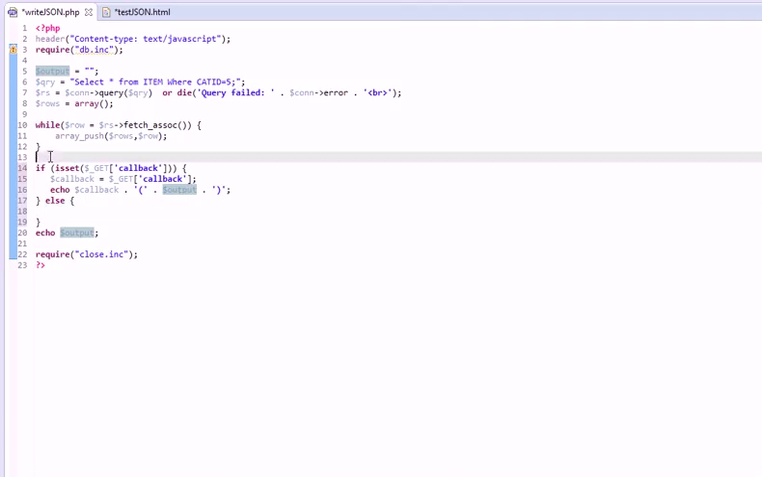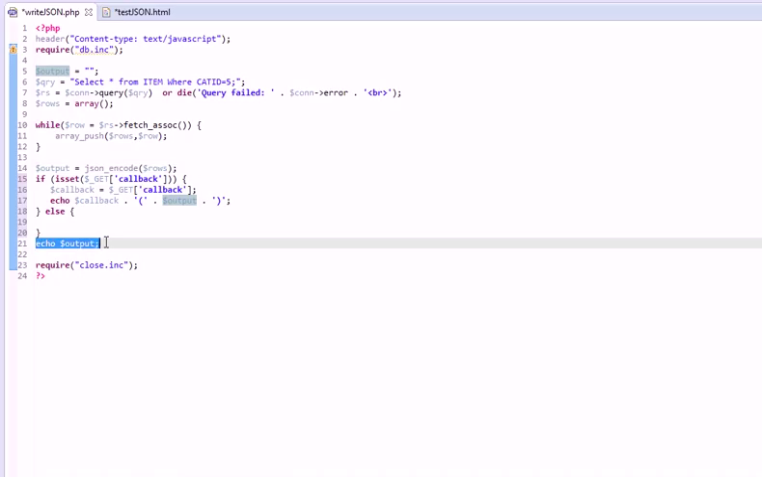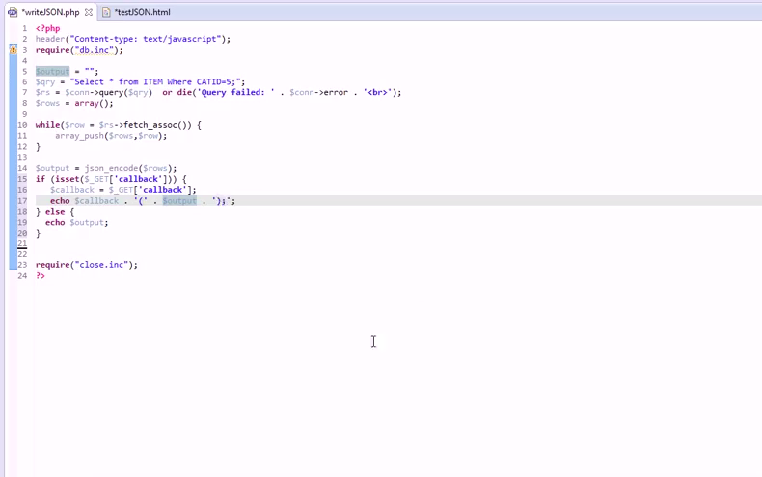Cut. My output's here. So that's my JSON data, and I either want to echo my data as it stands, just like I did before, or I want to echo this data inside a function call. So what this will do is echo essentially what will look like a function call. So you're going to call this callback function, and it is going to call this function on your local machine